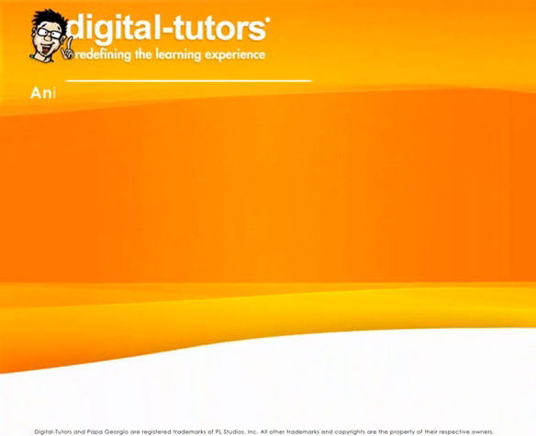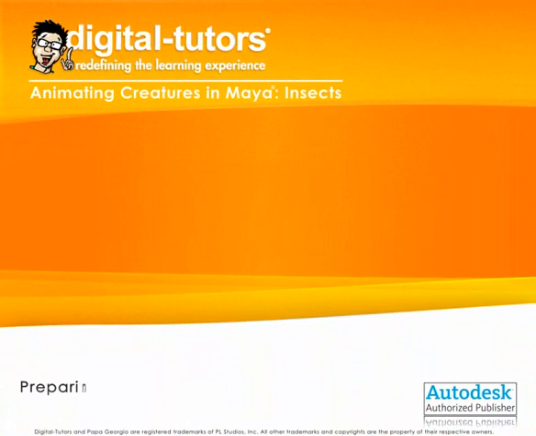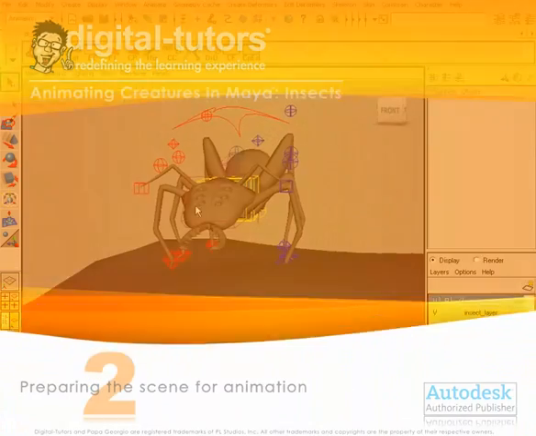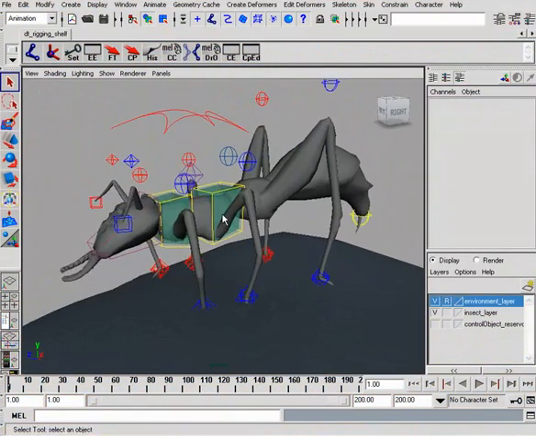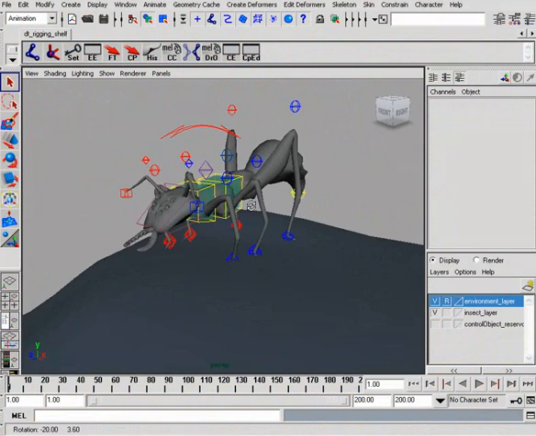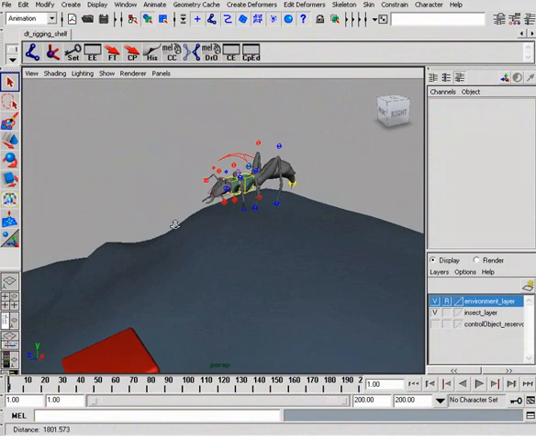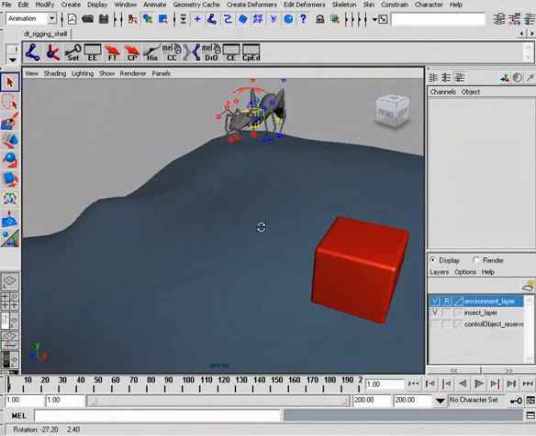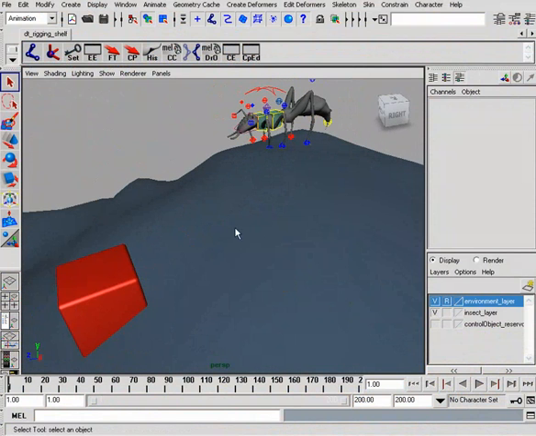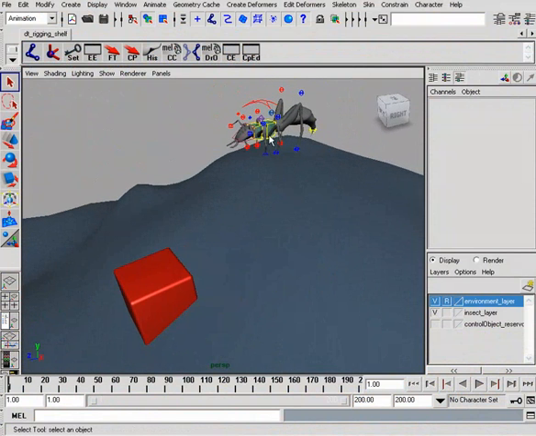In this lesson, we'll begin preparing our scene for animation. So now it's time to put our controls to good use. The scene is lesson 2 in your project files. What we have is just a simple environment that I've imported, and what we're going to have happen is this